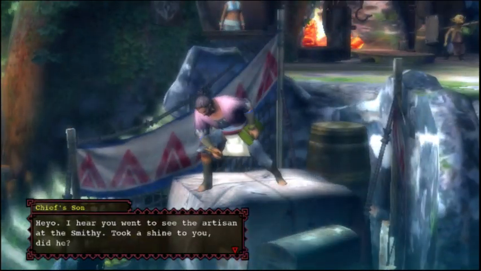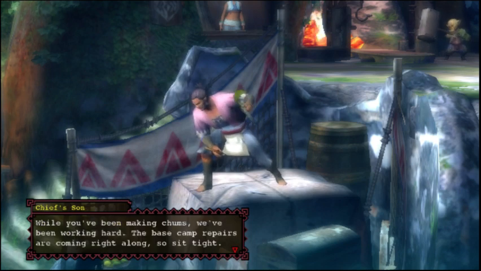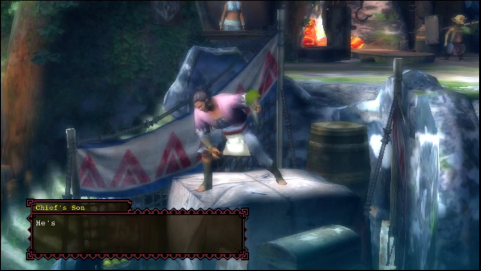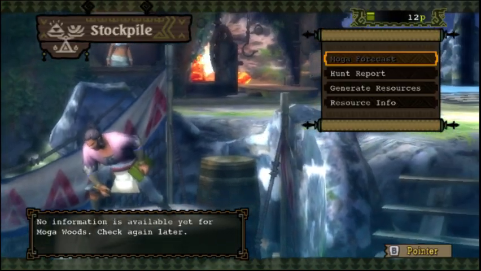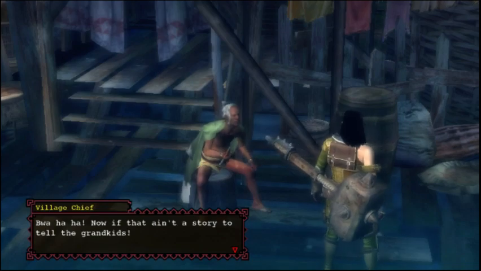Ayo, I hear you went to see the artisan at the smithy. Took a shine to you, did he? Huh. Well, aren't you special? That old son of a gunner is usually pretty stubborn about accepting new folk. While you've been making chums, we've been hard working. The base camp repairs are coming right along, so sit tight. Oh, and one other thing. The head farmer was looking for you. You meet him yet? He's another good old boy you'll want to see. The farm entrance is down and to the right of the bridge to the woods. What was it then? Oh, right down to business. Now that